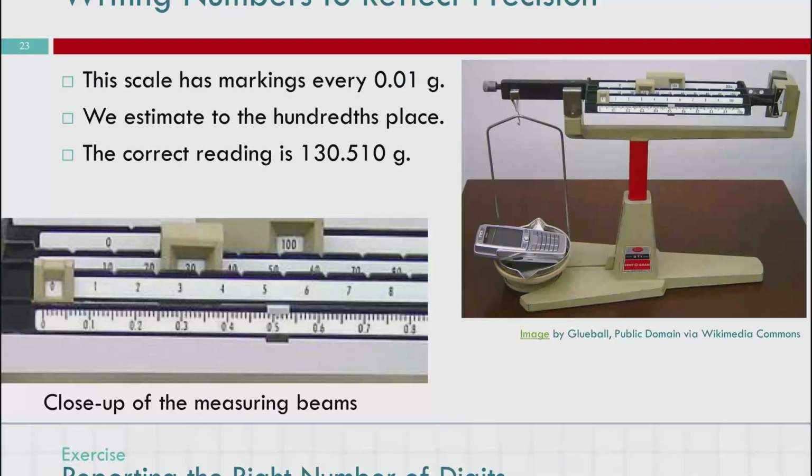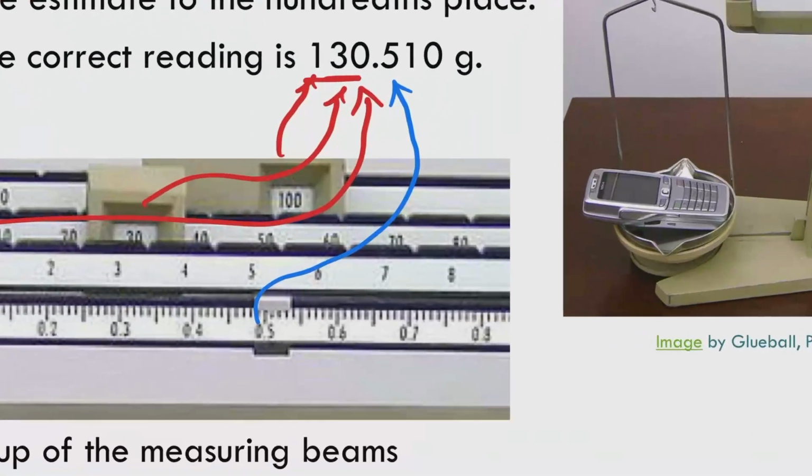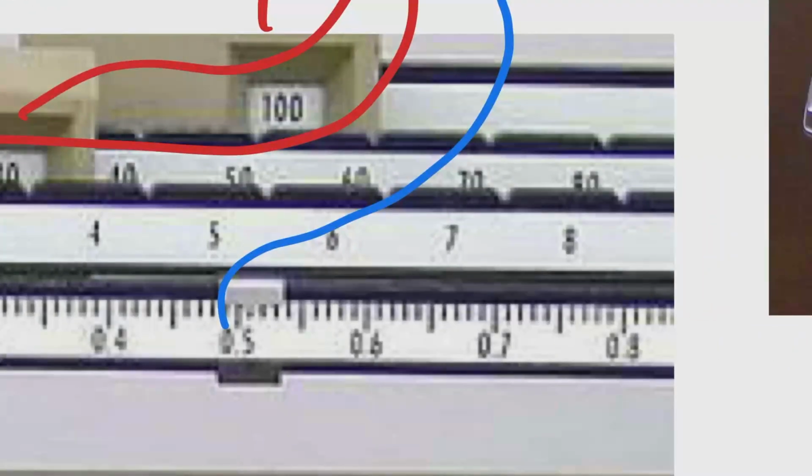Okay, so we do a close-up. We've got 100, 30, 0 in our one place. So that's where we're locking in the 130. And then on our smallest little beam up here, we've got our 0.5. We're definitely past the 0.5. It gets a little grainy. Just imagine that there's a little point there. There's actually a point there. So that little point,